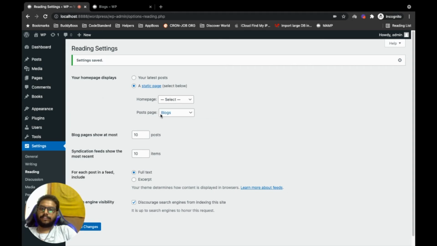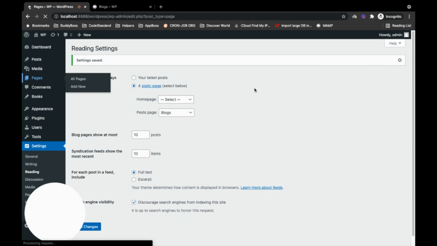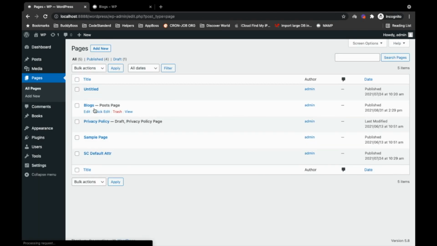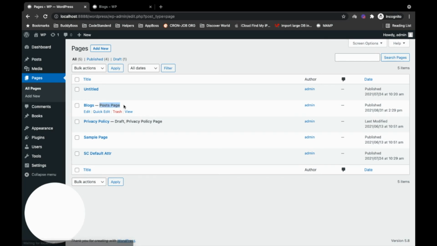and if you want to see which page is set as a blog page, you can come over here and check it over here. And another way is to go to pages, and you will see something like this on the list of pages over here. So this is the way you can define and check the